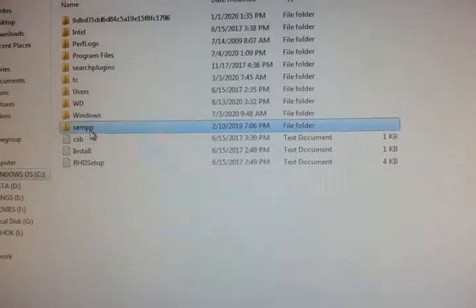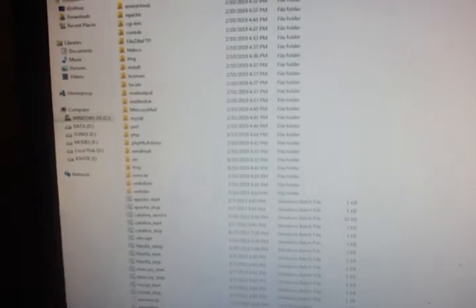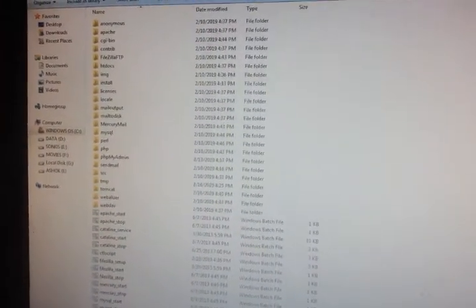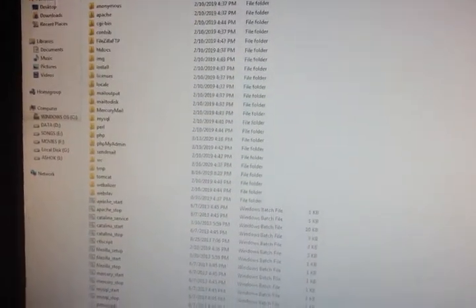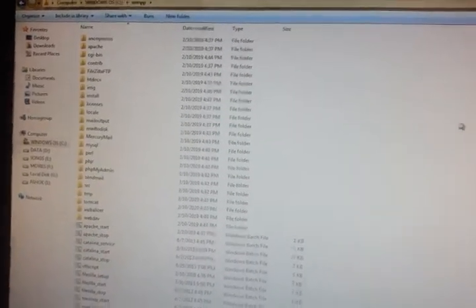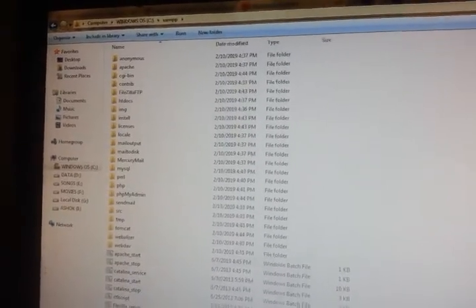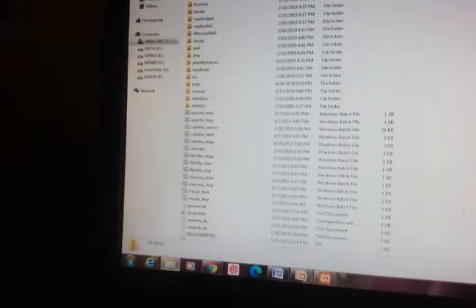So these are the files that have been loaded when you installed: Anonymous, Apache, CGI bin, Contrib, FileZilla, htdocs, img, install, license, local, MySQL, Perl, PHP, phpMyAdmin, Tomcat, Webalizer, and all batch files that are required for XAMPP.